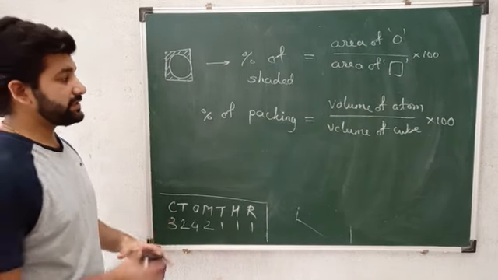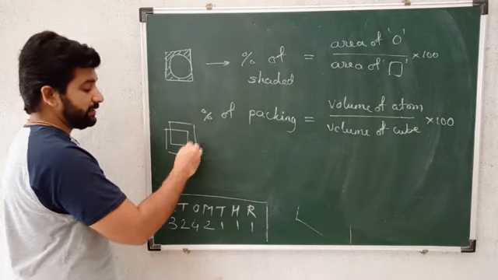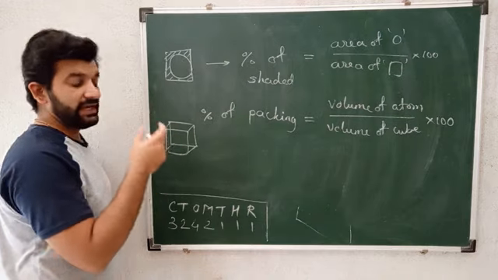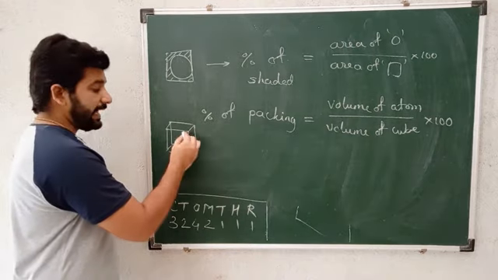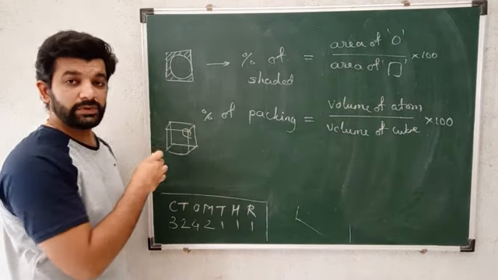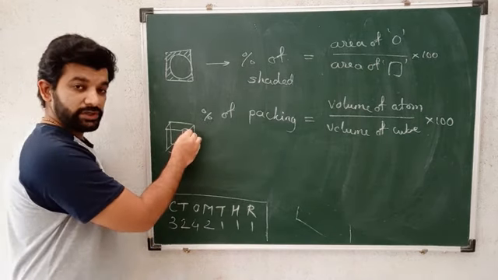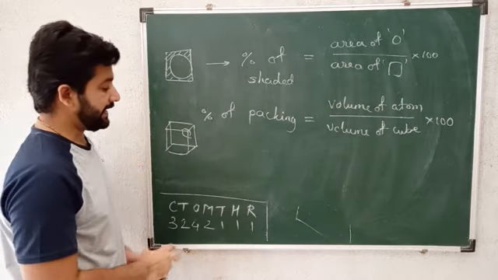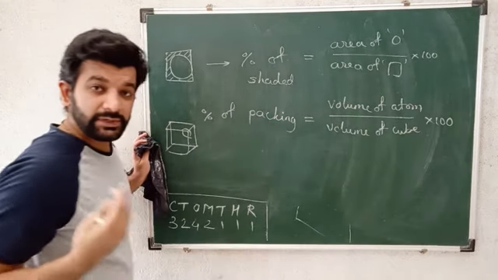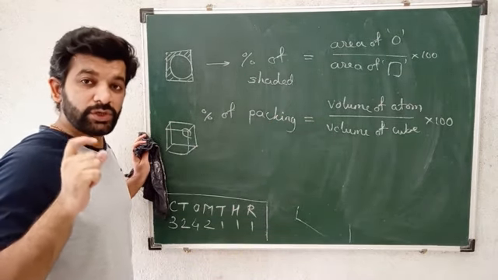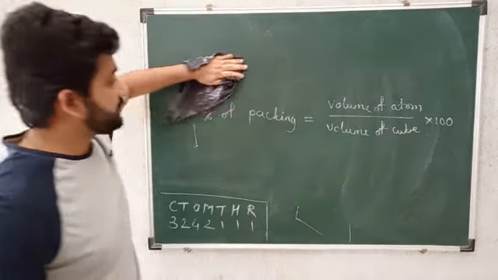The concept here is, here we are having 2 dimension. Next, we are going to use 3 dimension. In 3 dimension, we are having atoms, where atoms are considered to be as spheres, and at each corner of a cube there is 1/8 part of atom. I am again telling you, at each corner there is 1/8 part of atom. So based on that, we will first find out the volume of atom. Again I am telling, volume is considered as a whole complete sphere. Okay. Now moving to the derivation of simple cubic crystal structure.